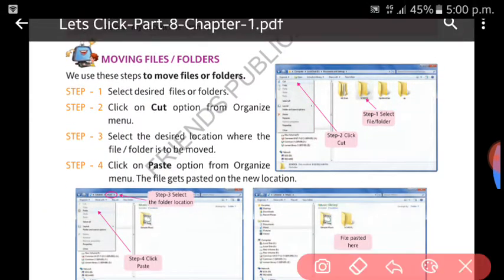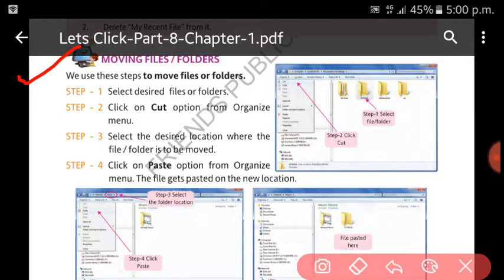Next, how to move a file or folder. There are two cases. In case of move, we cut and paste. In case of copy, we copy and paste. It means if we want to move a file or folder, we will have to select that file or folder which we want to move. Then we have to choose the cut option from the organize menu.